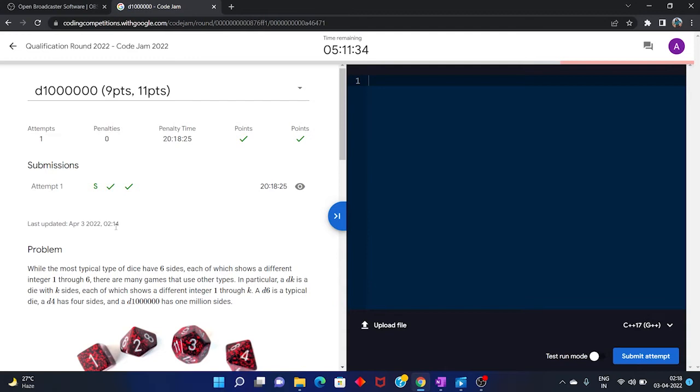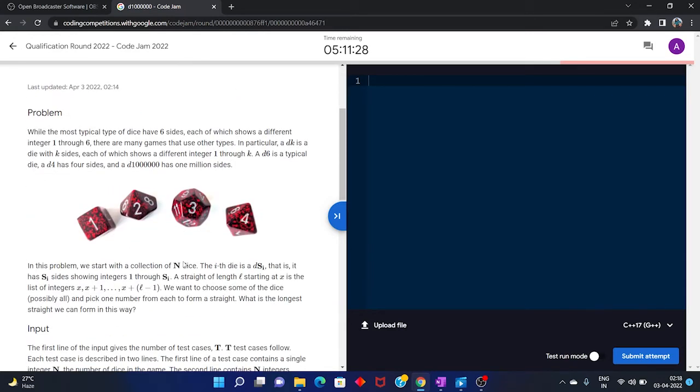Today we will be solving the third problem of Google Codejam qualification round 2022. So let's read the problem statement. The problem statement says that we are given n dice, and each dice has a number of sides. What we have to do is, given the number of dice, we just have to form